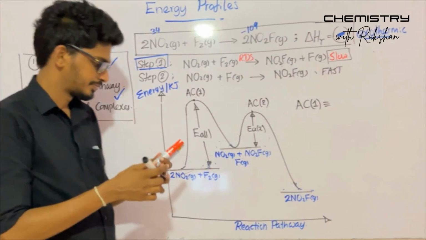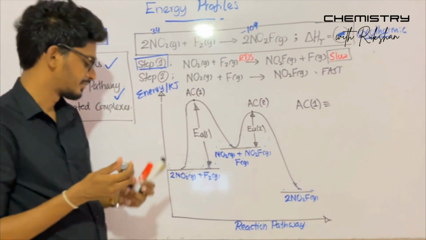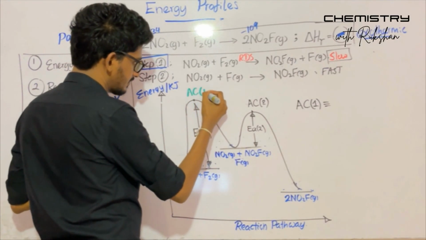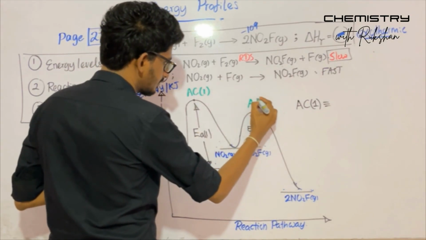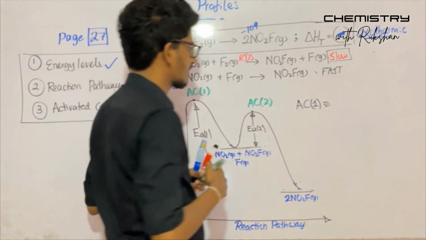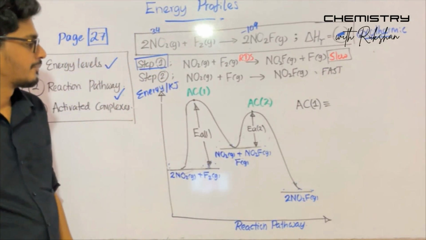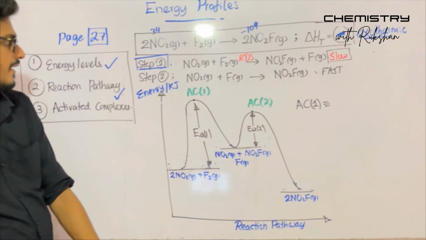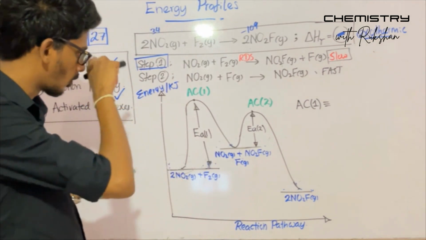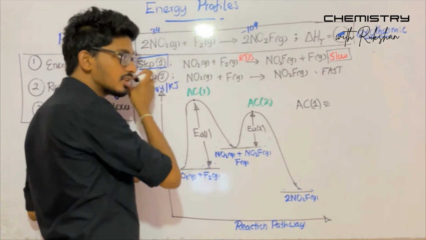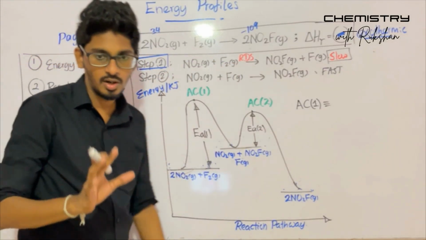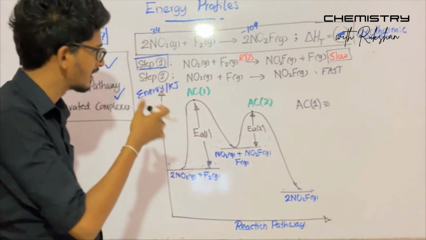Drawing the activated complex 1, it will be marked like this. First, on a rough paper sheet, just draw the reactants and the products. Just draw the reactants and products of step 1. If you are trying to come up with the activated complex 1, just draw the reactants and products of